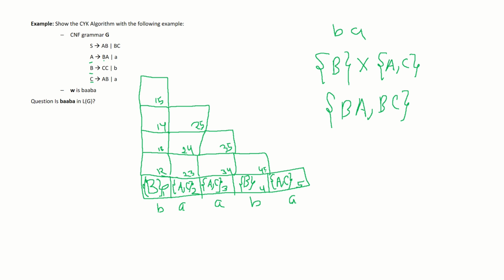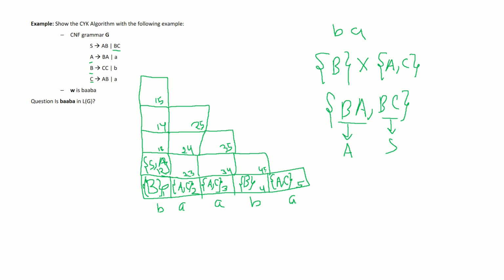So BA can be produced from A, right? BA can be produced from the variable A, and BC can be produced from the variable S. So we have A and S that can produce the substring BA. So S and A, right? After that let's look at